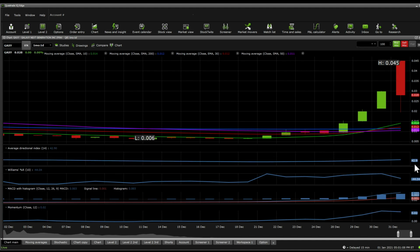It's at 42.90. This shows that there is a very strong trend that was here. It's going to start seeing resistance around 45. We need to look into the 2-hour perspective to understand this a bit more. 10 SMA is above 30 EMA, and you get to see the 200 SMA is above 50 SMA, but the